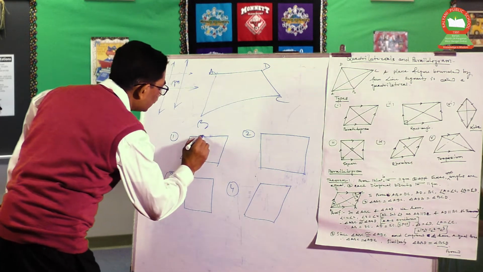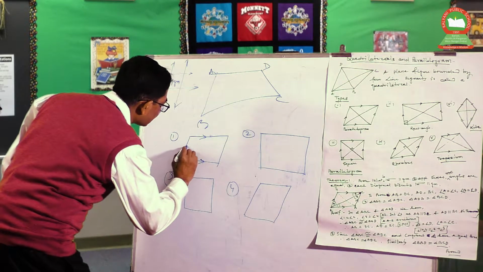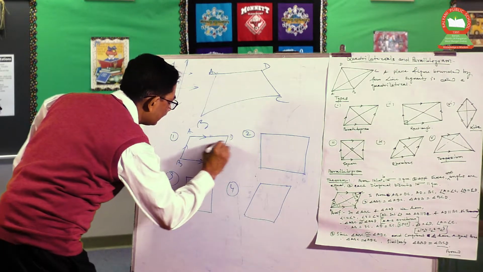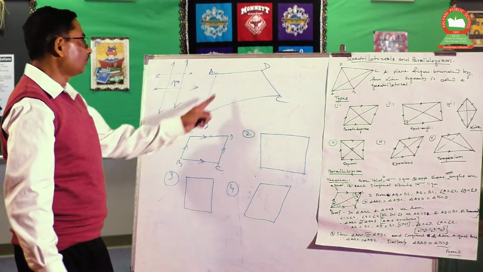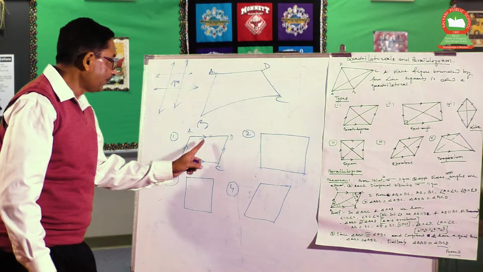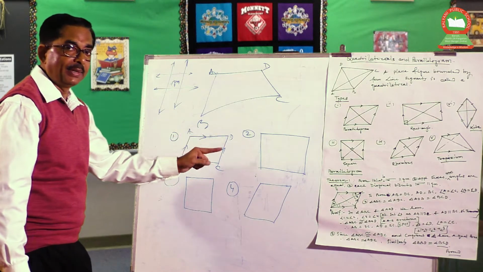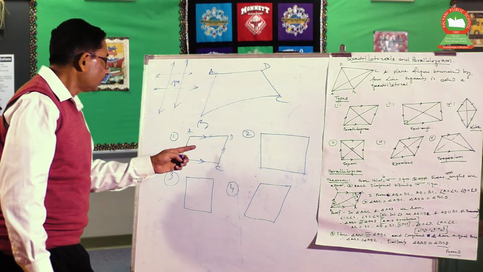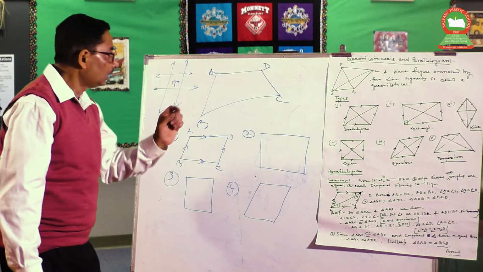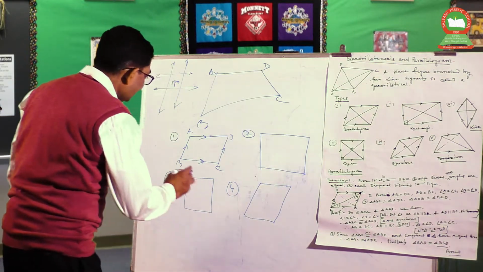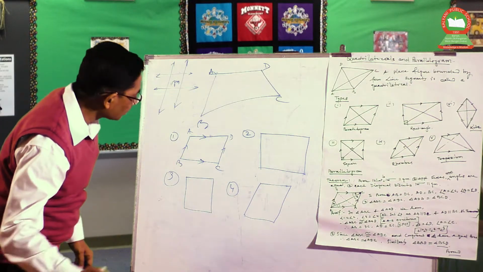And here these lines and these lines are parallel to each other. Suppose A, B, C and D. This type of quadrilateral is called the parallelogram, that is, the quadrilateral whose opposite sides are parallel to each other. So that type of quadrilateral is called the parallelogram. Next, what are the properties of this parallelogram?